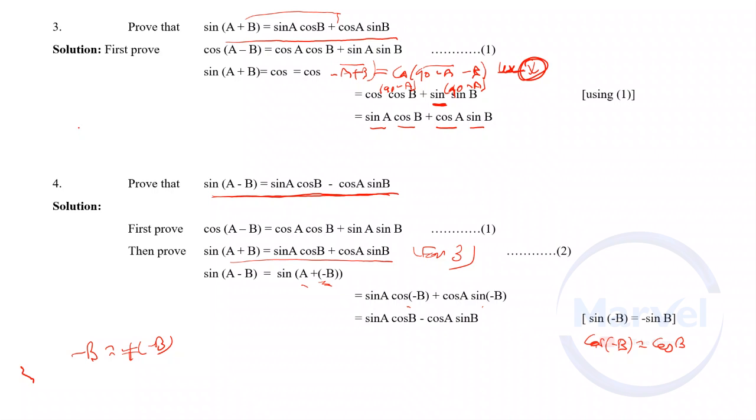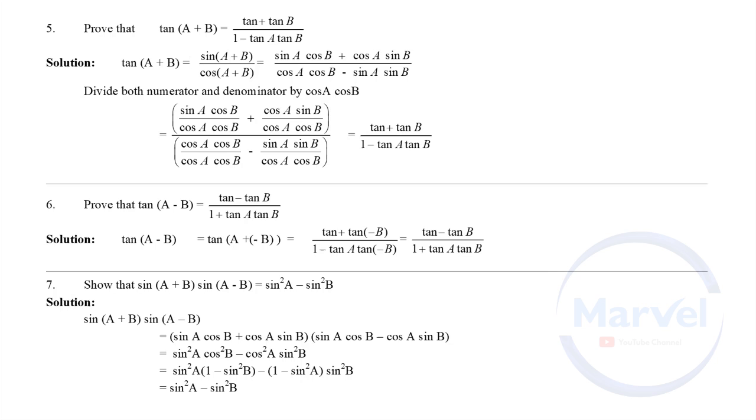From formula 3 and 4 you have a standard pattern: different functions but same sign, plus and plus. Here also minus and minus but same function. Whereas in cos, same function but different sign. Left side minus is there, right side will be plus. If left side is plus, right side should be minus. Okay, so four major formulas proved.